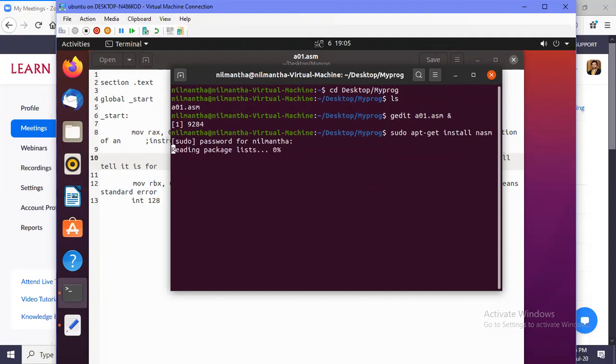Provide the password, and then the NetWide assembler will be installed. I have already installed it, so I need not worry about installation. For this installation, you need to have an internet connection. My one will stop soon, because NASM is already installed on my machine.